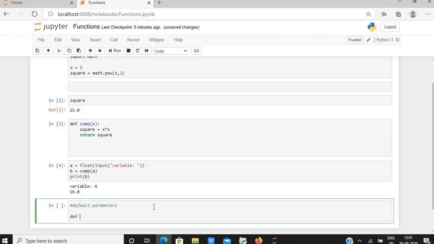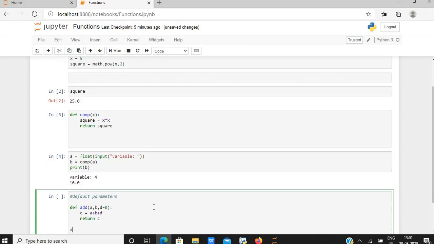I am taking a function def add(a, b, d=0): c is equal to a plus b plus d, return c.